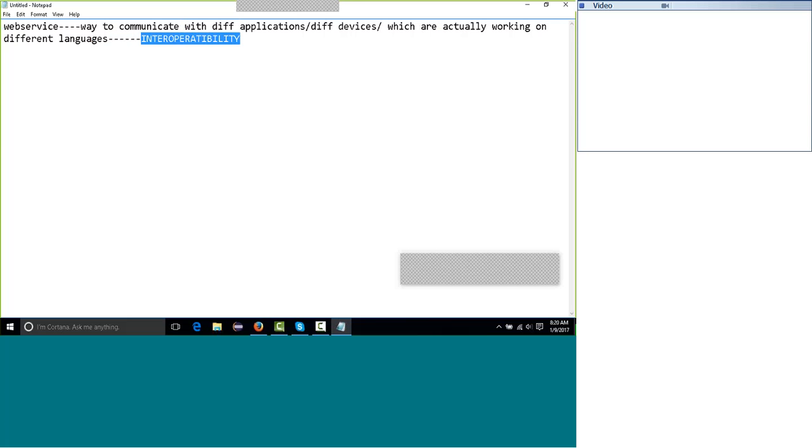Clear? So in a single word, what is a web service? A web service is something which makes interoperability possible. Interoperability means two different applications, two different devices, which are based on different languages, are actually communicating. Interoperability is possible just because of a web service. So we'll define web service like this. If I want to define it in scientific words, it is actually a collection of